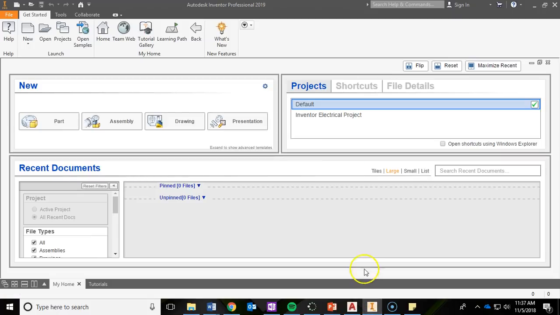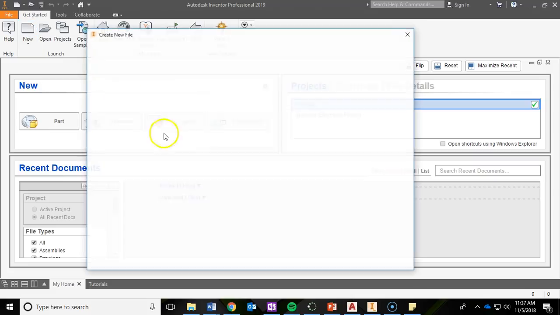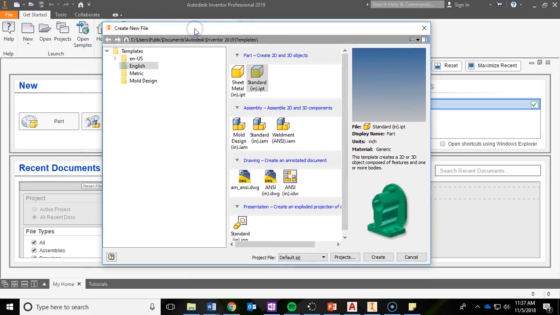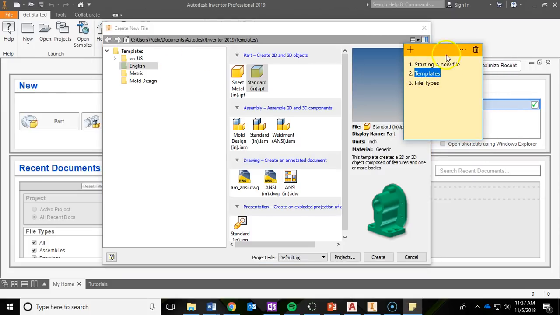So in your Autodesk software, we're going to go ahead and go to the big New button. You'll also notice in parentheses it gives you the keyboard shortcut, which is Control and N on the keyboard. So I'm going to click on the New button, and then this Create New File window is going to pop up. Now the first thing that we want to talk about is templates, and the templates are listed over here